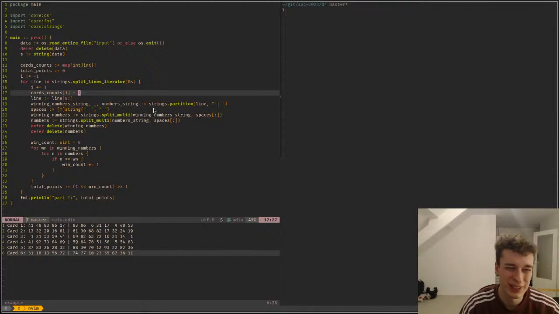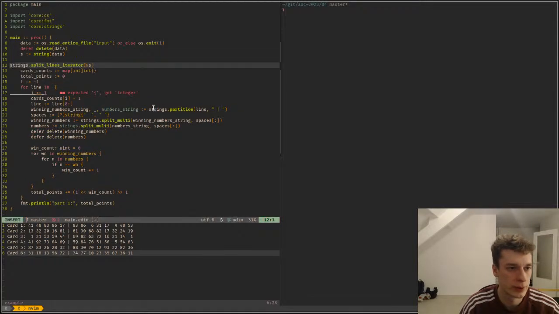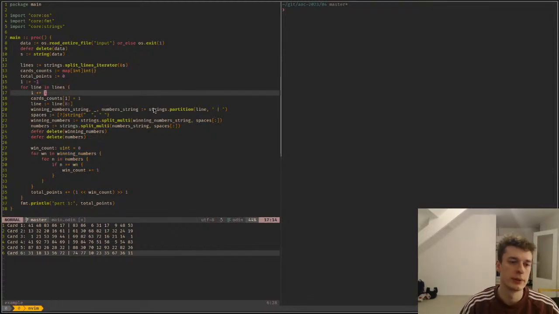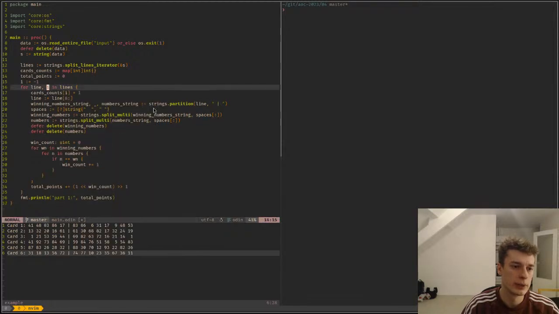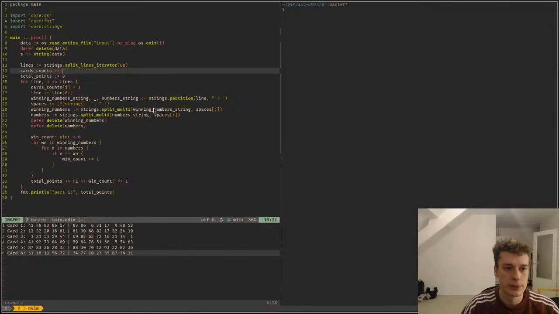I mean, do I need to do this? That sounds a bit strange. I can do just like this and just do lines is equal to this. And I do lines here, and then I go I here, and then cards count is just lines. Yes, but that won't work. Or will it? No, it won't. But can I make